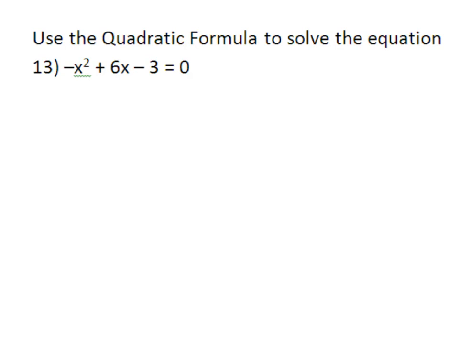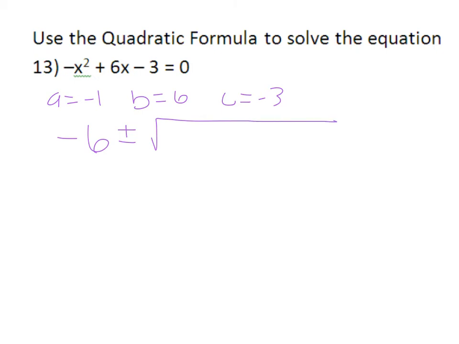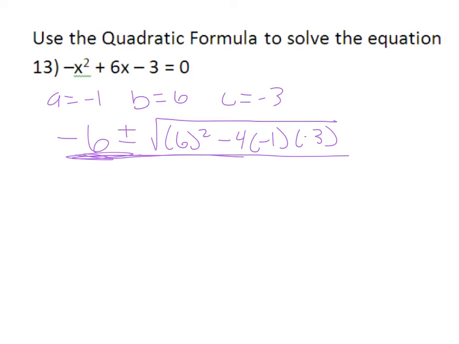Here I have to use the quadratic formula. In this case, my a is going to be equal to negative 1, b is going to be equal to 6, c is going to be equal to negative 3. So when I write this down, I have opposite b plus or minus the square root of b squared minus 4 times a times c, all over, so including this part too, this whole thing is divided by 2 times